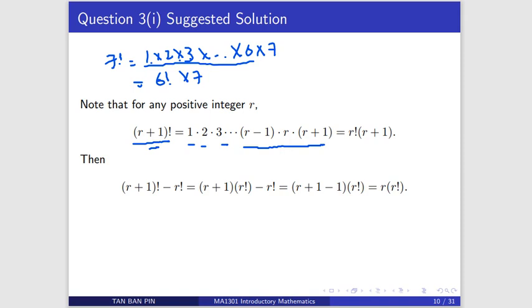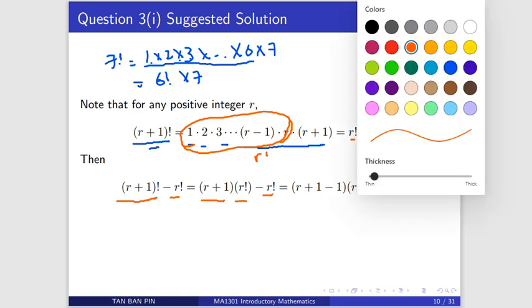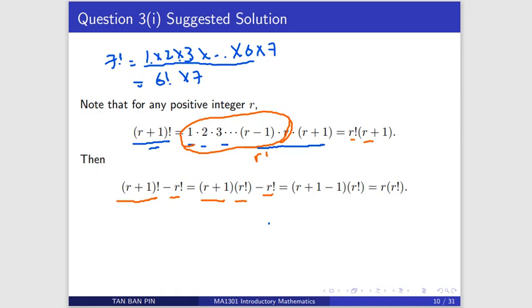So which means you can write (r plus 1) factorial as r factorial times (r plus 1). So (r plus 1) factorial, you write it as (r plus 1) times r factorial. The r factorial is just copied down. And after that, you observe that there's a common factor. So r factorial is a common factor which you can take out. Then you are left with r plus 1 in front. You take out r plus 1, that means you are left with 1.